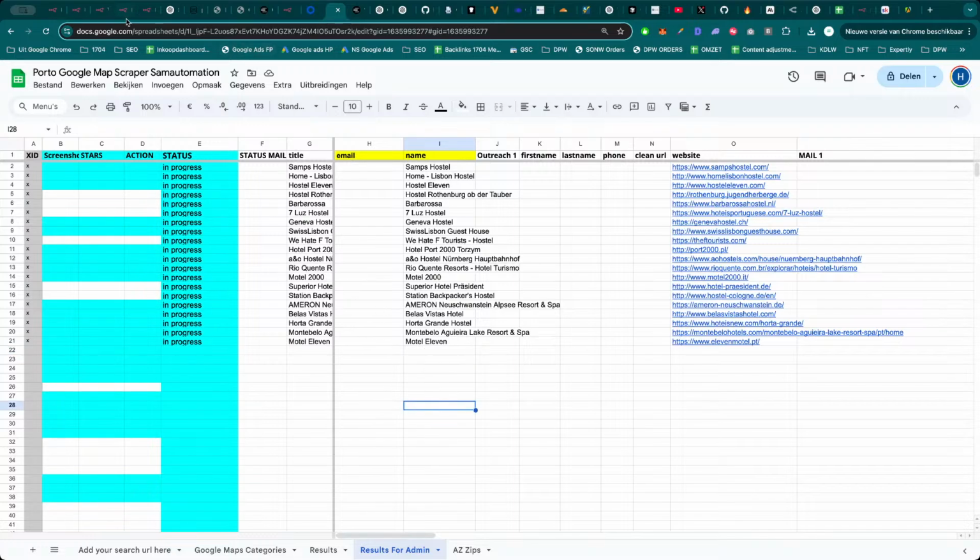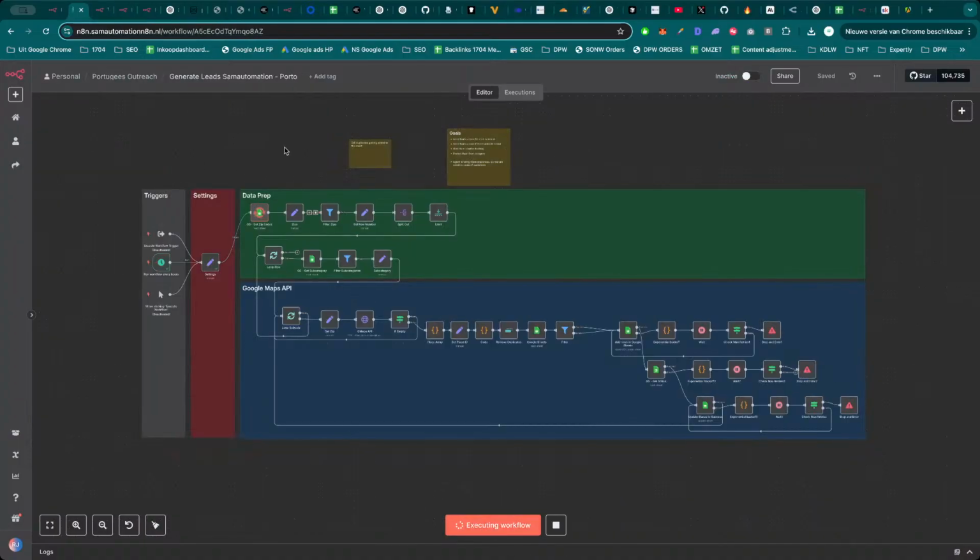This is a Google Sheet. Let me just show it, execute it. Let's run it, and it's currently looking for new hotels and motels, as you can see. So the idea of this workflow is to scrape their websites, and I know the Portuguese market. Look at this website. They are running Google Ads, and they are a hotel. The idea is to contact them and improve their website, just like the workflow that I'm building now for